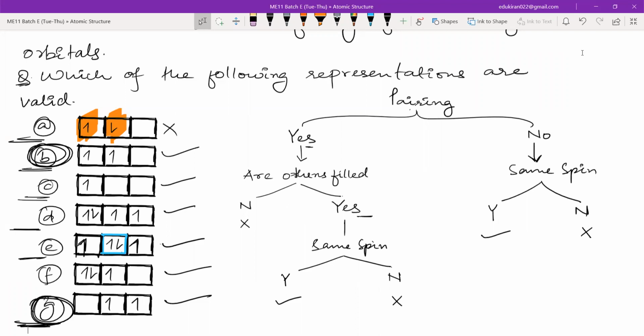Please write this down. Raise your hand if you're done. Then we will move to electronic configuration. The class is almost over, so we will do a few electronic configurations. The main part of electronic configuration, that is with noble gases, we will do in the next class. Just waiting for Shoaib now. Shoaib, let me know if you're done. I think he's done.